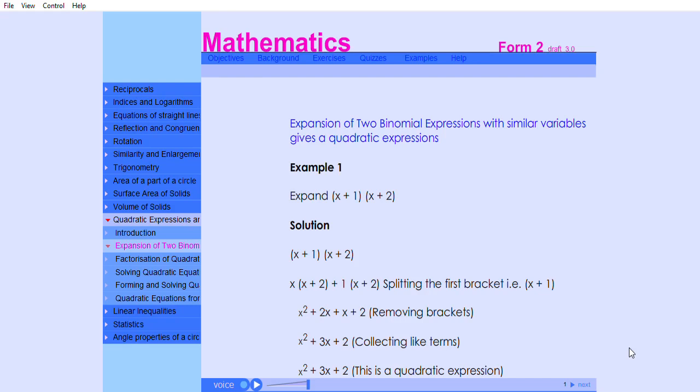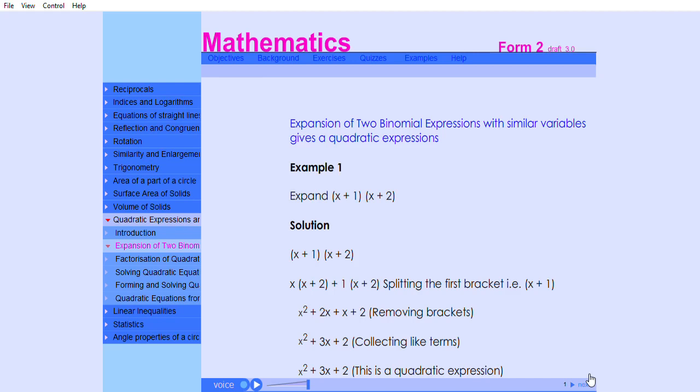Worked examples. Example 1. Expand (x + 1)(x + 2). Solution. x(x + 2) + 1(x + 2). Splitting the first bracket, that is (x + 1), is equal to x squared plus 2x plus x